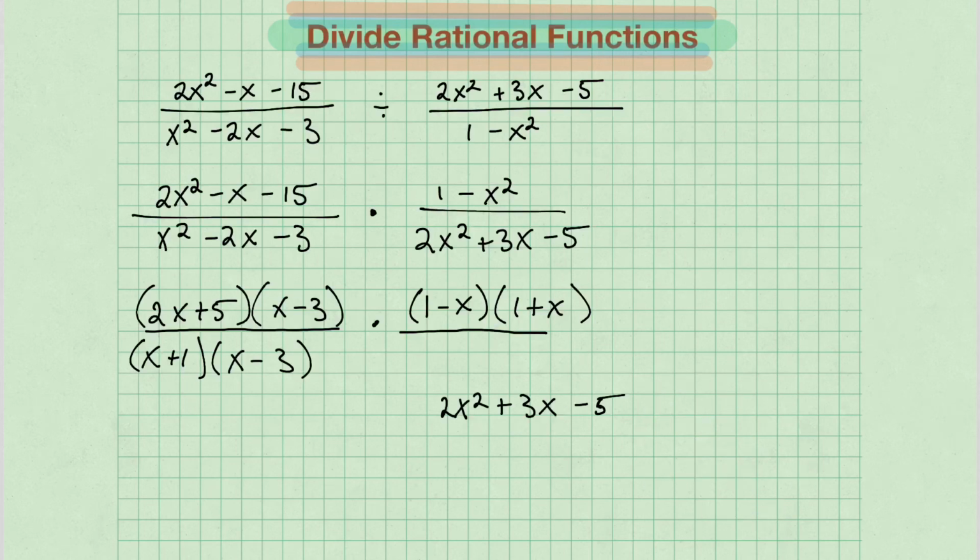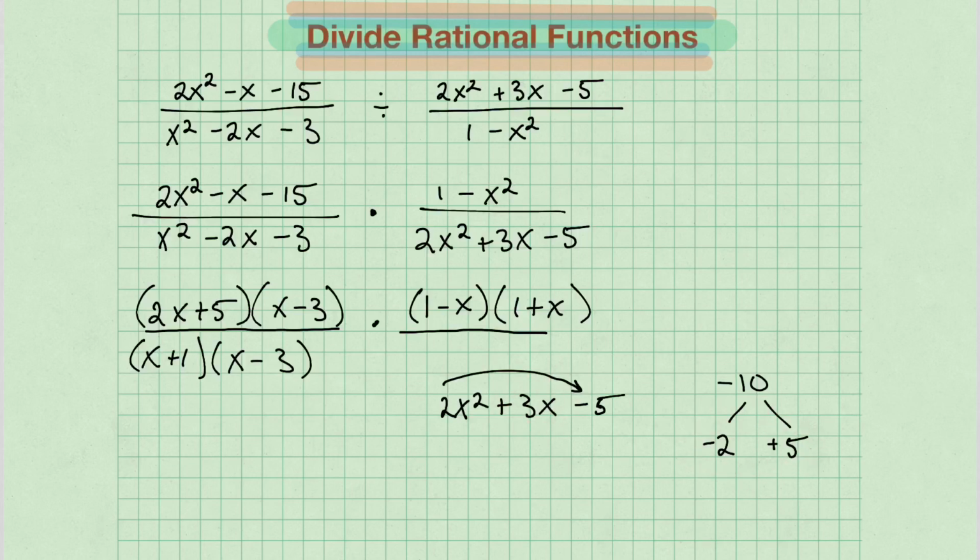Okay, and our final polynomial here is the one that comes from the denominator of the second rational function. Here it is 2x squared plus 3x minus 5. We do our trick. We multiply the two outer terms to get negative 10. We're going to find factors of negative 10 that when added together give us the middle term of positive 3x. And if you think about it, perhaps a positive 5 and a negative 2. Negative 2, positive 5. So when you add those two together, 5 and negative 2, you get a positive